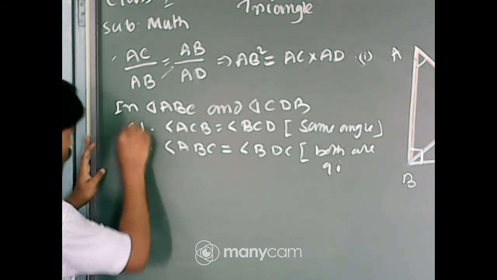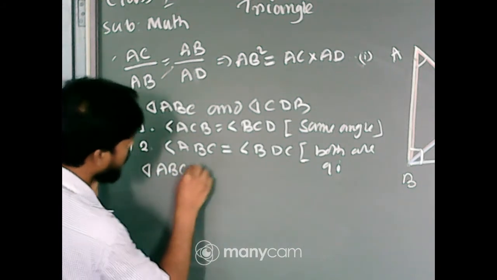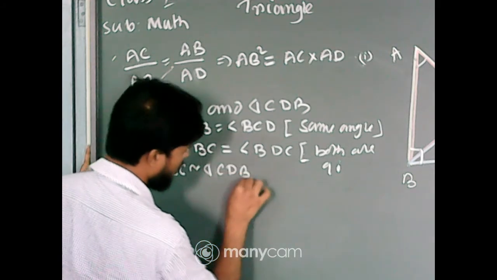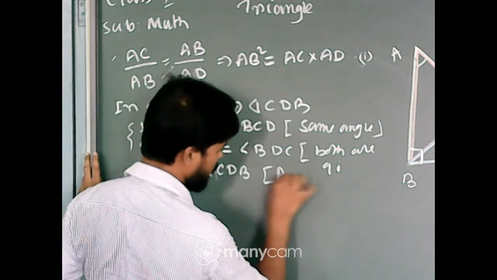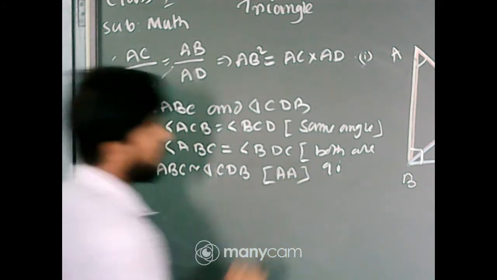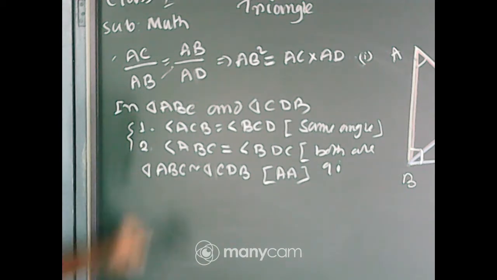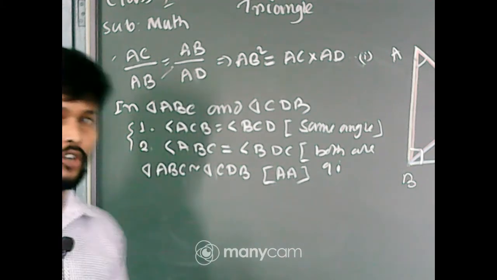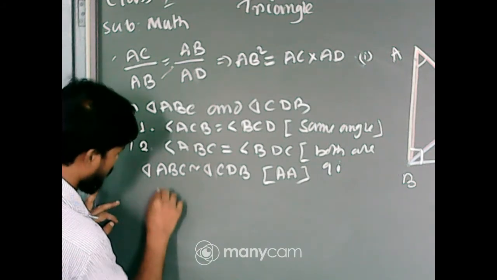So, under these two conditions we can say that the triangle ABC is similar to triangle CDB. By which criteria? Obviously by angle criteria. So, by angle criteria the triangles are similar to each other. Whenever we have proven that the triangles are similar to each other, we can write that their corresponding sides are also in the same ratio. So, we are writing that BC